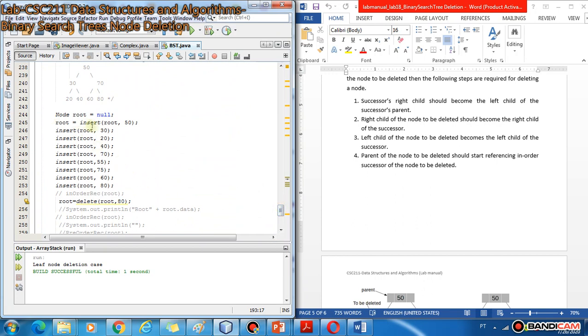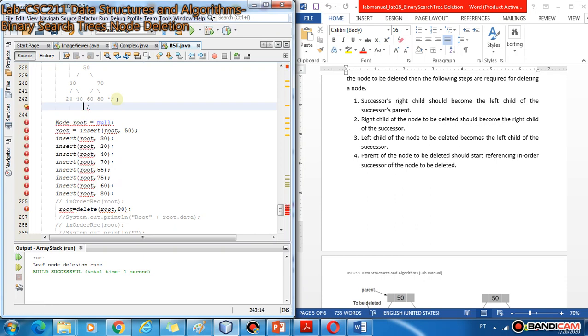we inserted all these nodes, for example 50, 30, 20, 40, 70, 55. So 55 will come here, as the left node of 60.